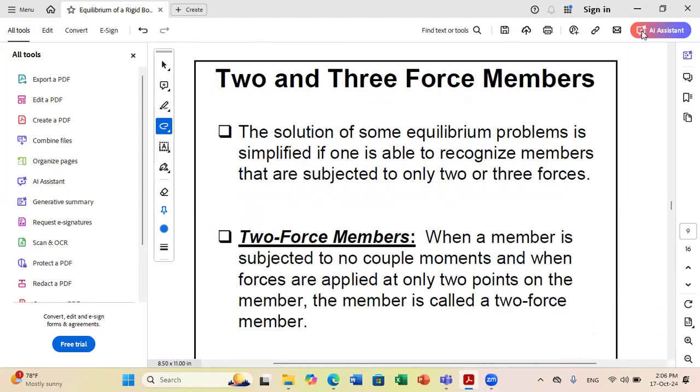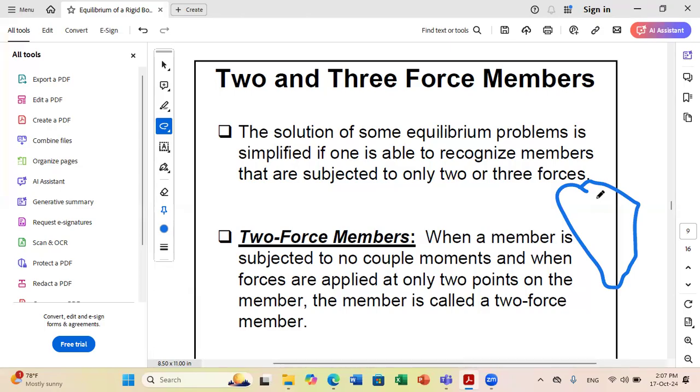Now, whenever we solve equilibrium problems, sometimes the detection of what we call 2 and 3 force members can help us in the solution. What do we mean by 2 force members? We'll see together. So a 2 force member is a member subjected to no couple moments, and forces are applied at only 2 points on the member. For example, if you consider the following structure,